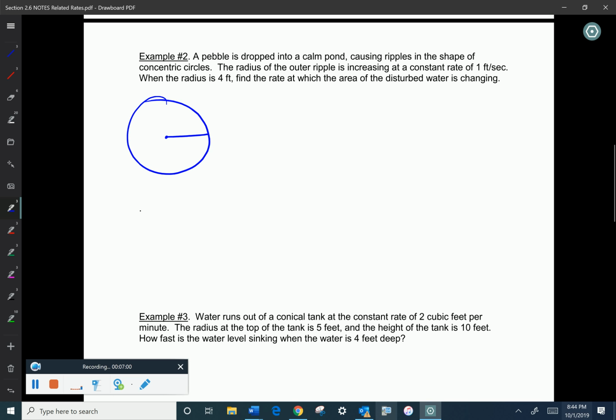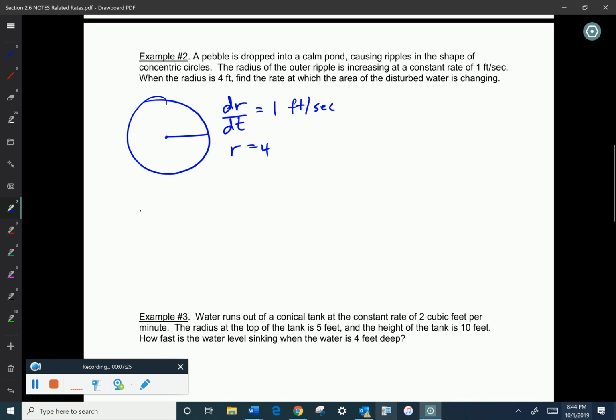So the rate of change of the radius with respect to time, dr/dt, equals 1 foot per second. Since the radius is getting bigger, it's definitely a positive 1 foot per second. When the radius is 4 feet, so r equals 4,